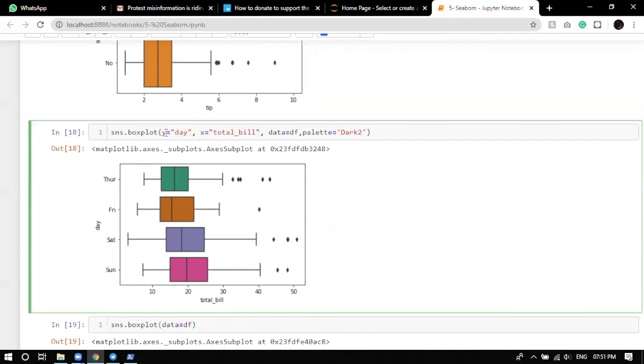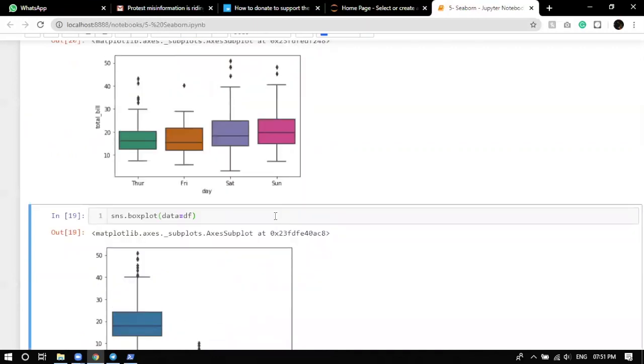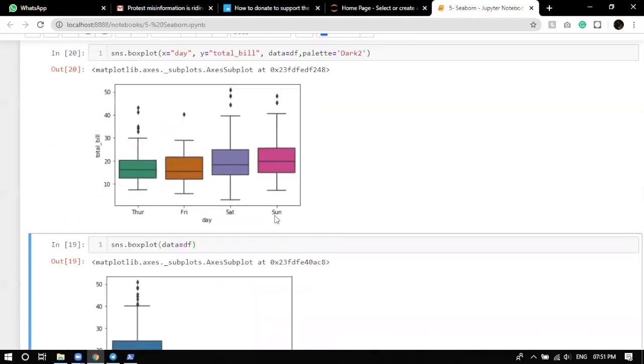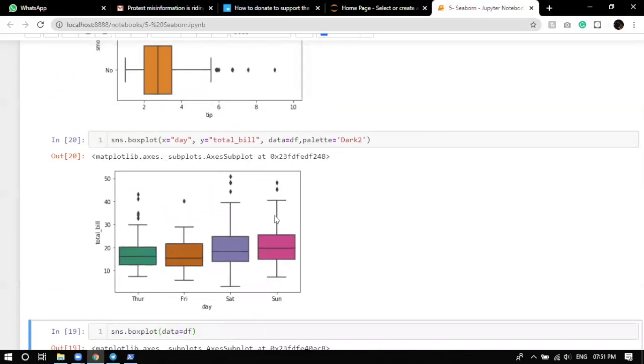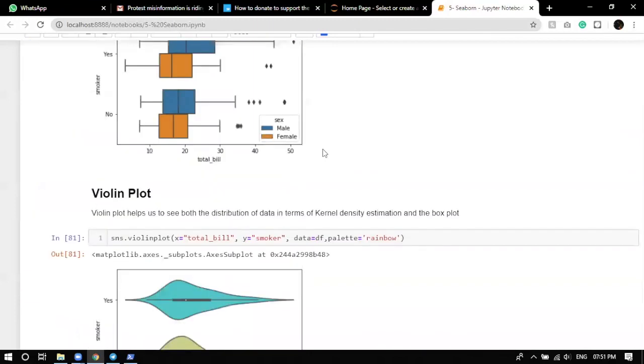If I just reverse the axis, let x be the day and y be the total bill, it will change the orientation. So you can change orientation in many ways: exactly specify which axis you want, or just use orient H or orient V. Now this is the box plot.